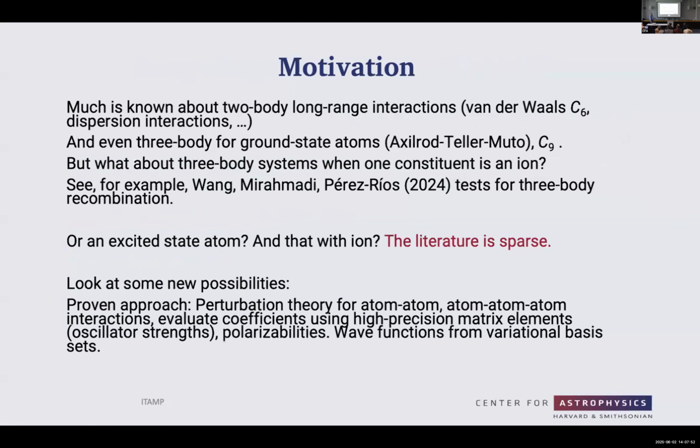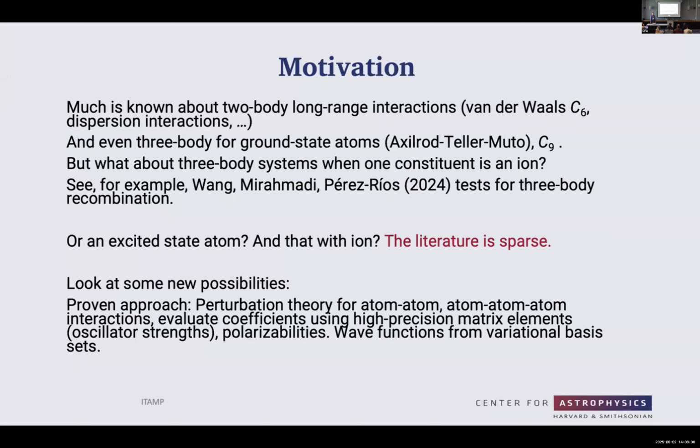So much is known about these interactions, and so we have van der Waals, C6 interactions, but there's also higher order ones, all falling under the category of dispersion interactions. So we have the C8s, C10s, if you're thinking coefficients, and other interactions. And there's even the three-body interactions. So there's the C9 coefficient, which is called the Axelrod-Teller-Muto coefficient, and